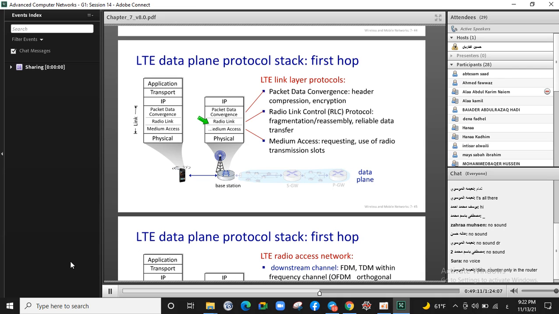Creating that frame is not easy. Please pay attention to this. Creating that packet, data frame is not easy. Why? It's not an easy operation, because we have to take care of lots of